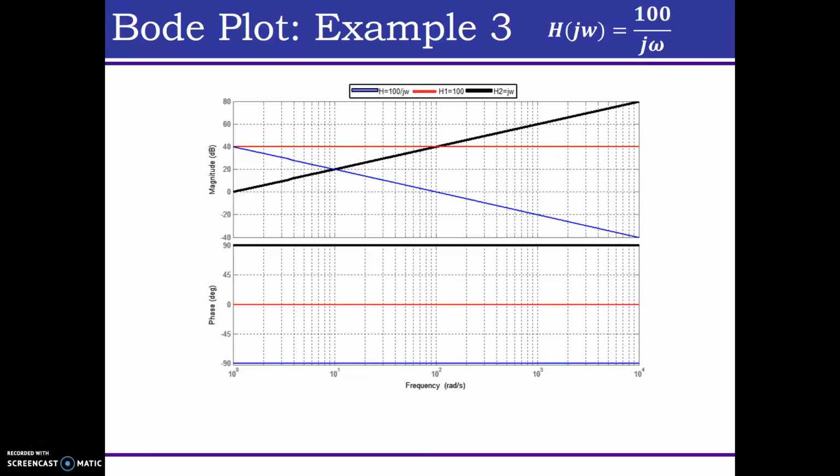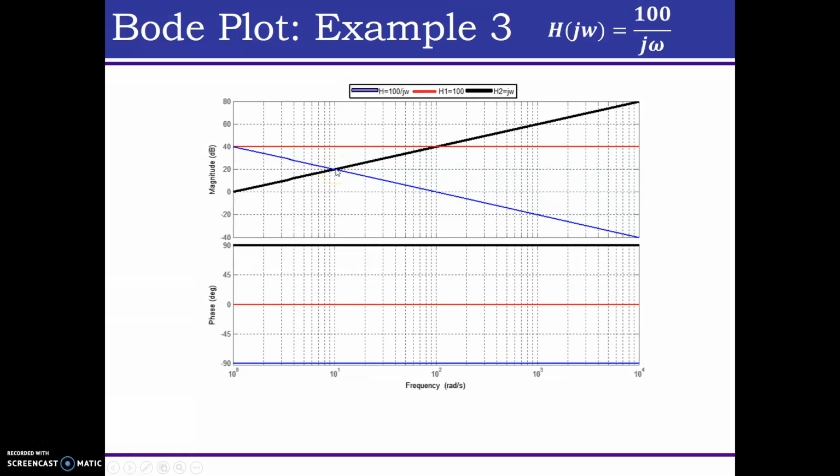So I've drawn that right here. The red line that you see is the magnitude plot, 40 dB, for example 1. 0 degrees angle was example 1. The black line was the 20 dB per decade rise for example 2. So the red line minus the black line gives us the transfer function Bode plot magnitude for example 3. Here the red line is at 40, the black line is at 0, so 40 minus 0